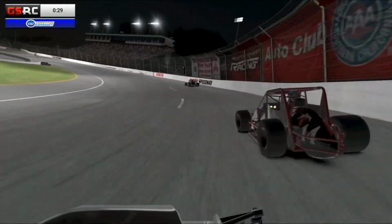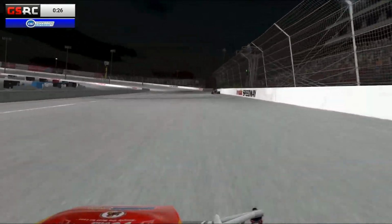Not to mention the steering inputs can be so fine as well. And you've really got to be on your toes as